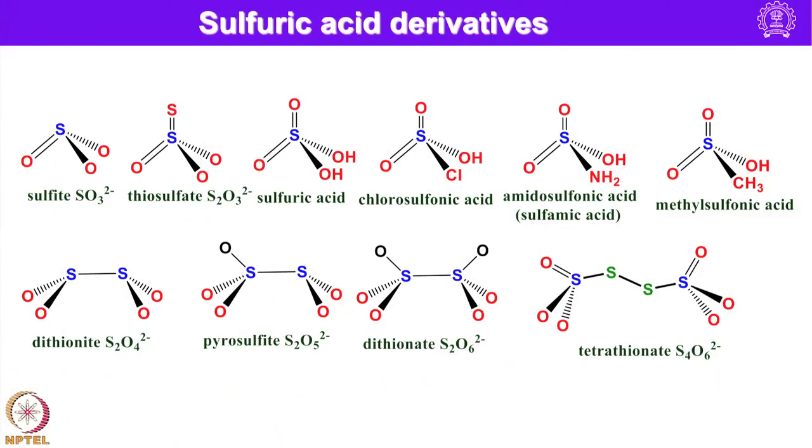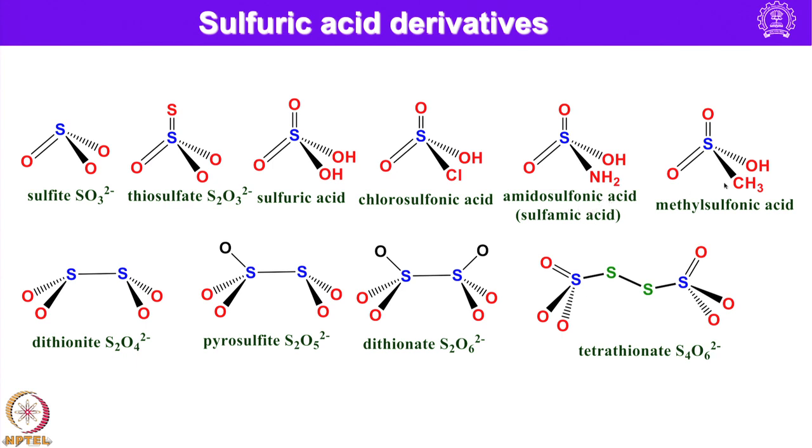I will show you some of the sulfuric acid derivatives here. As I had mentioned, if we replace OH with chlorine, we get chlorosulfonic acid. For example, this is sulfite anion, and this is from sulfate. As I mentioned, one of the oxygen is replaced by sulfur, it is called thiosulfate S2O3 2 minus, and then this is sulfuric acid H2SO4, and if one of the OH group is replaced by chlorine, it is called chlorosulfonic acid, and similarly if we replace one of the OH group with NH2, it is called amidosulfonic acid,